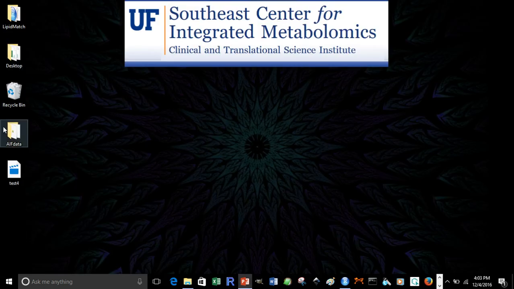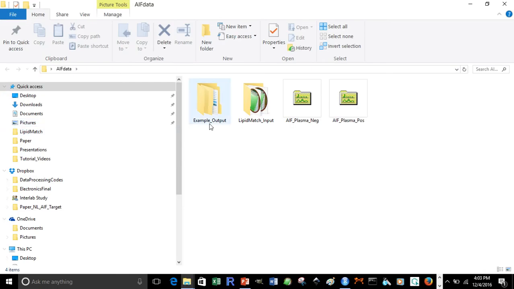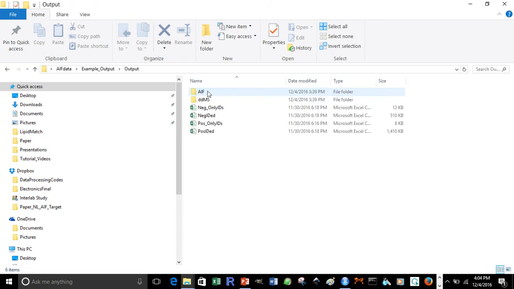Now, it's important to note that the all-ion fragmentation code takes a long time to run depending on the amount of lipids you have in your data and the number of data files. So it could take over 6 hours in some cases. So we're going to look at some sample output that was previously generated. And you can see that there's both a data-dependent output folder and AIF, as well as the files containing all the appended information. If we look at neg ID'd, for example,